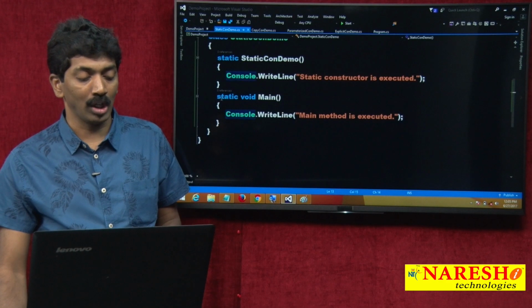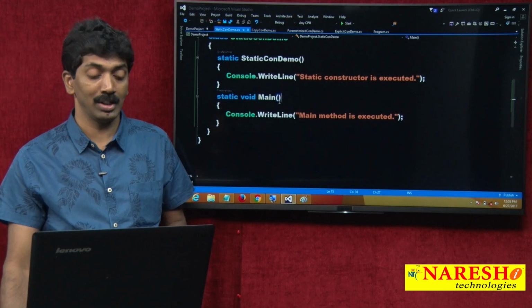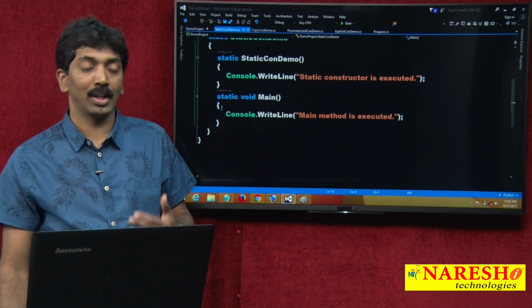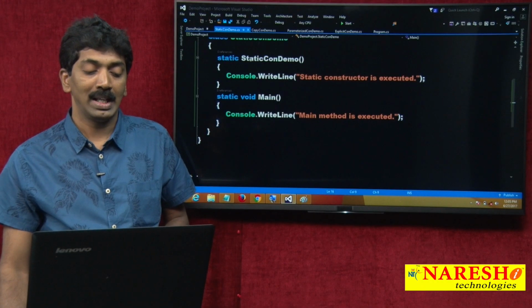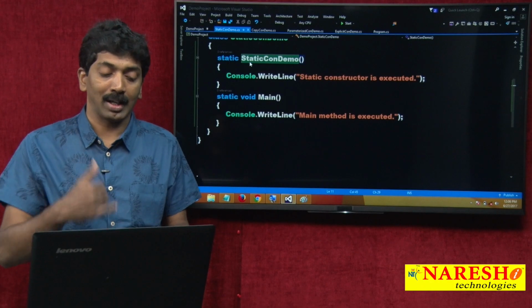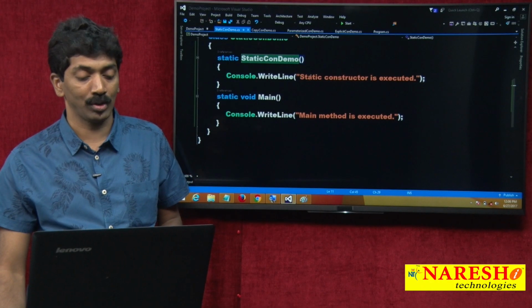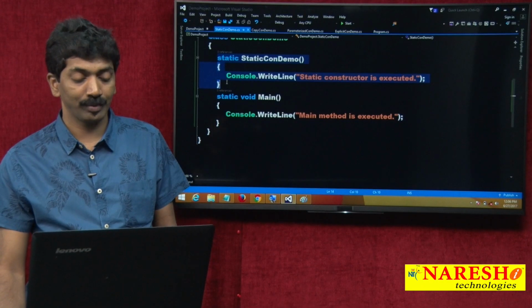No, execution always starts with main method only, but entry point is this only, you cannot change. But before executing the code inside the main, the control first jumps to a static constructor, executes it, and after executing it, it comes back to the main method to complete the execution. So this is always the first block of code to execute.